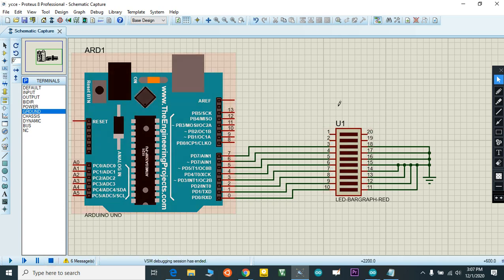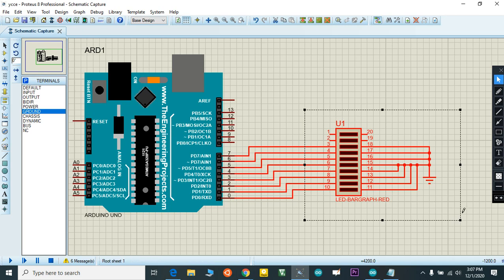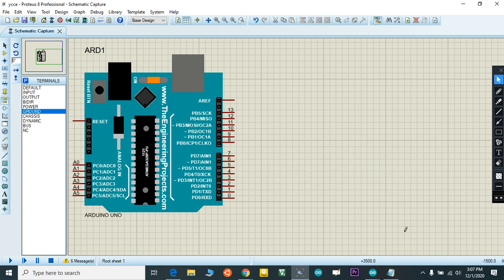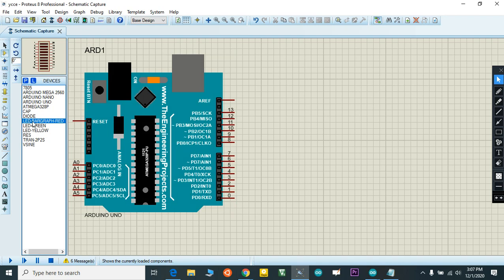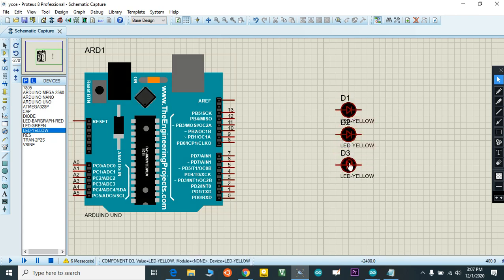This part is not working, I think. So wait. We can add our LED. One, two, three, 4, 5.